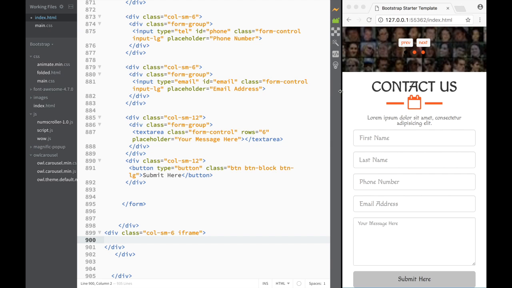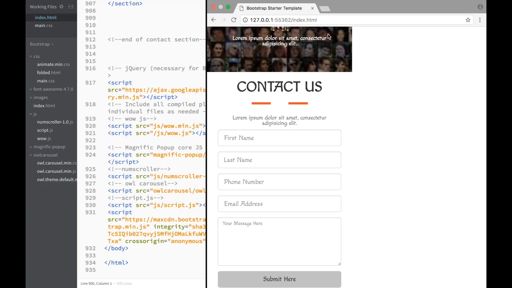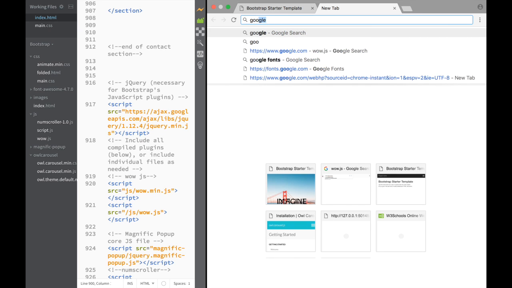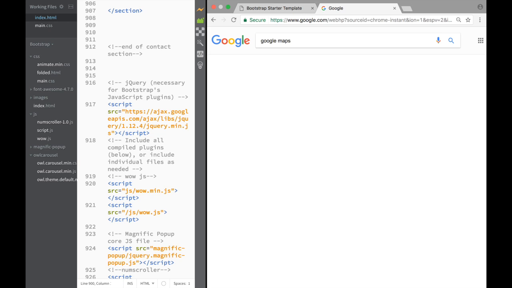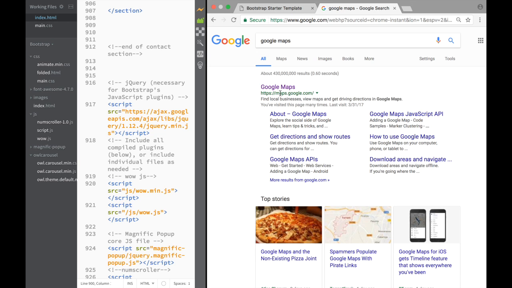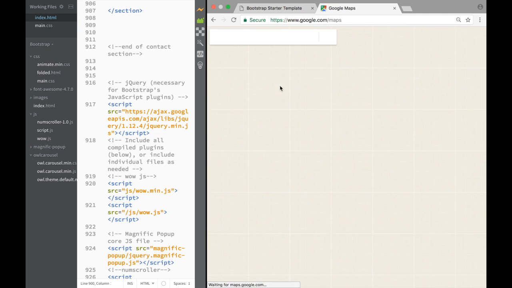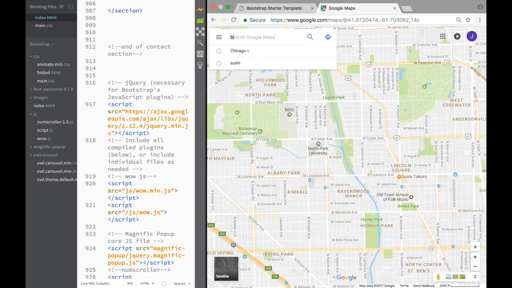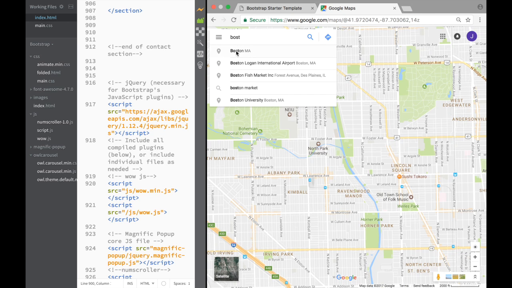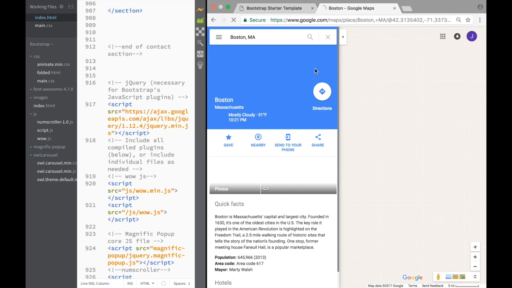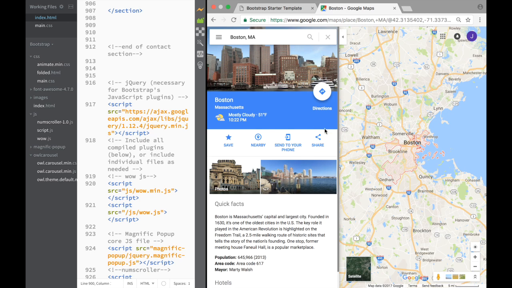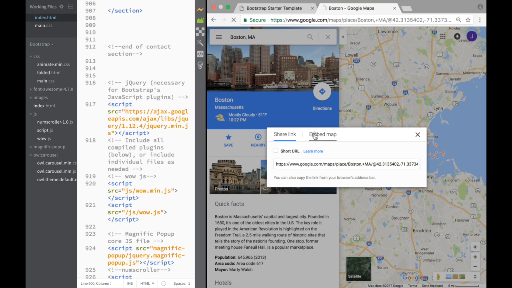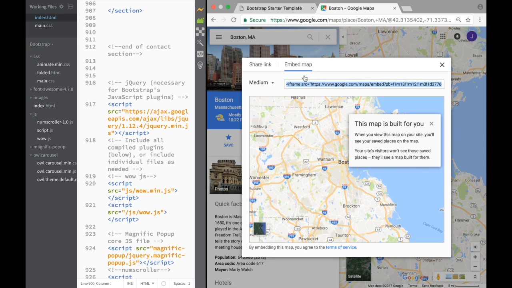And what we would need to do, obviously, is go to Google Maps. So let's say over here, we're just going to go to Google. We're going to write Google Maps over here. And once we have Google Maps, they're going to show us technically where we're at, and we can just write, I don't know, Boston, maybe, Boston, Massachusetts. Now it finds where Boston is. And then we have this option of sharing, so we click over here, we share, and we have Embed Map. So once we click on Embed Map,